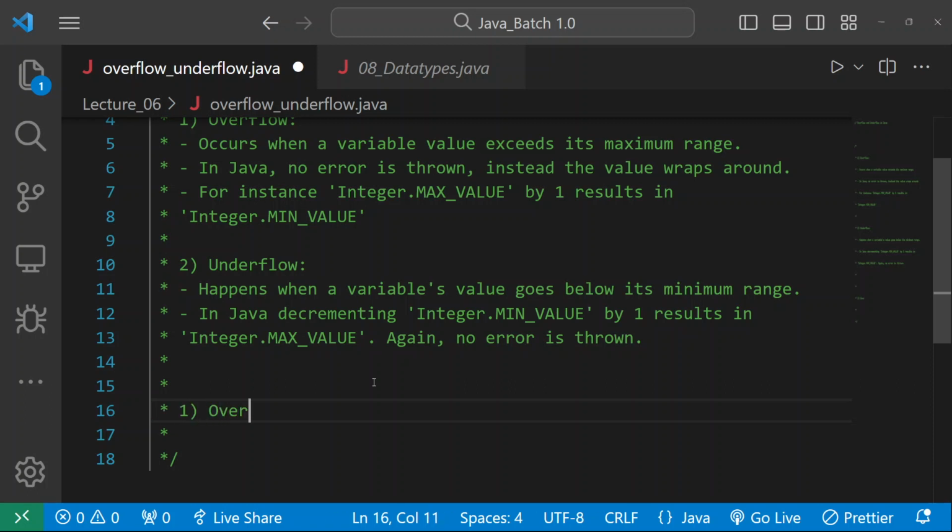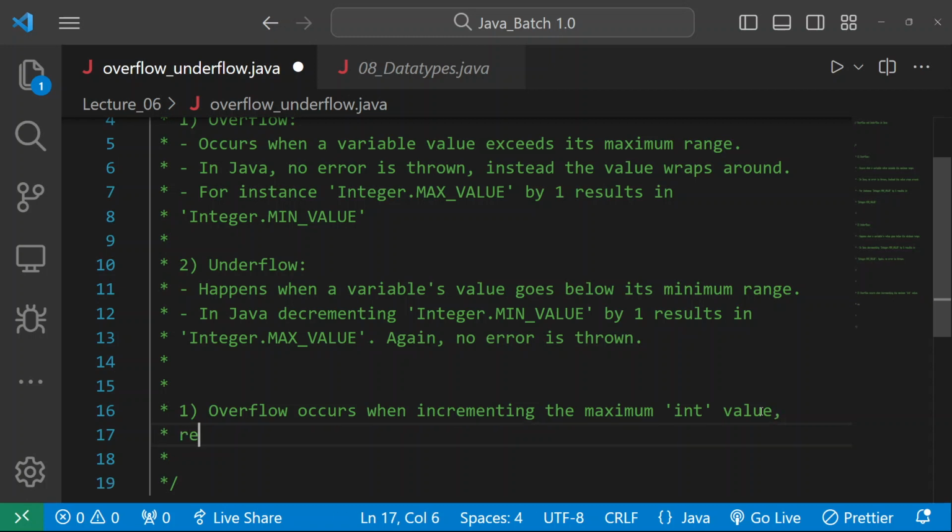Basic condition for overflow, simple example: overflow occurs when incrementing the maximum int value, resulting in a wrap, meaning something we are going to wrap here, wrap around